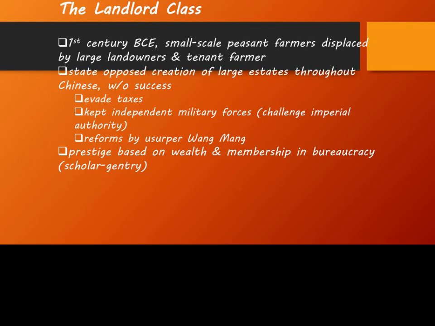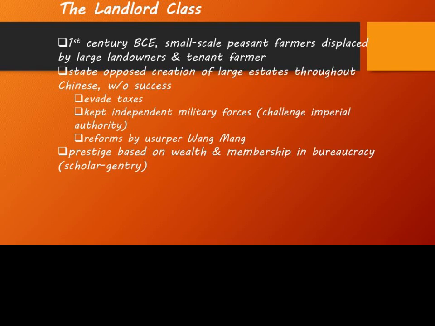But with the rise of large estates during the 1st century, there were population pressures and taxation, and that led wealthier landowners to buy up the land of those economically desperate peasants. And the wealthy landowners used their increasing power to avoid taxes and, like I said, raise armies to challenge the